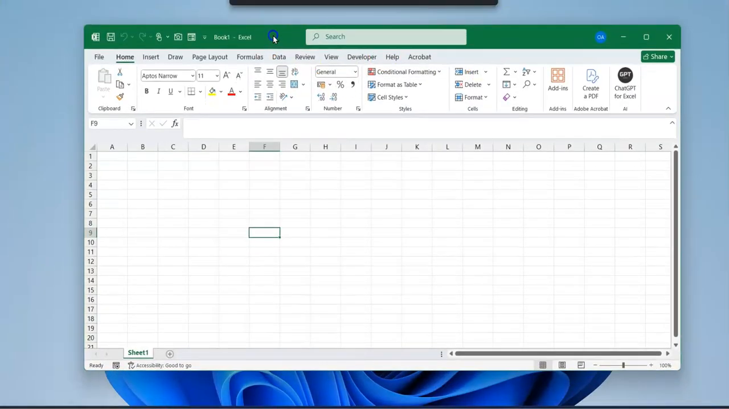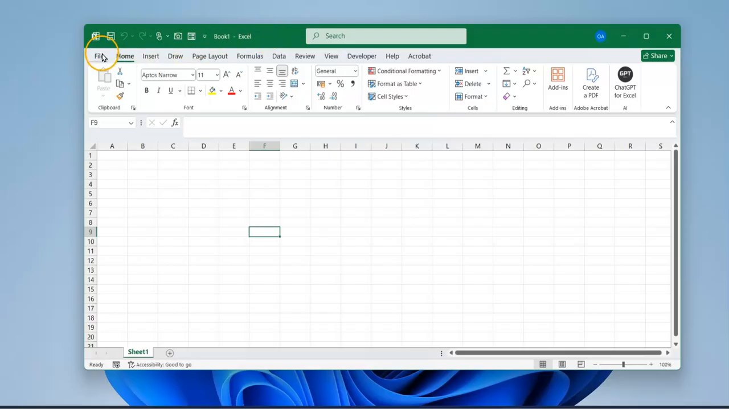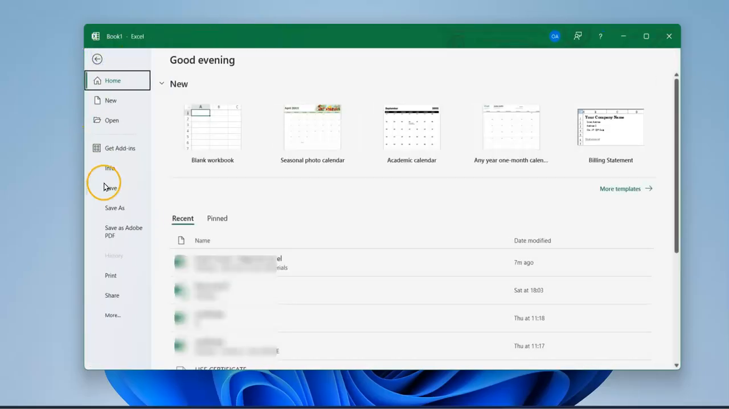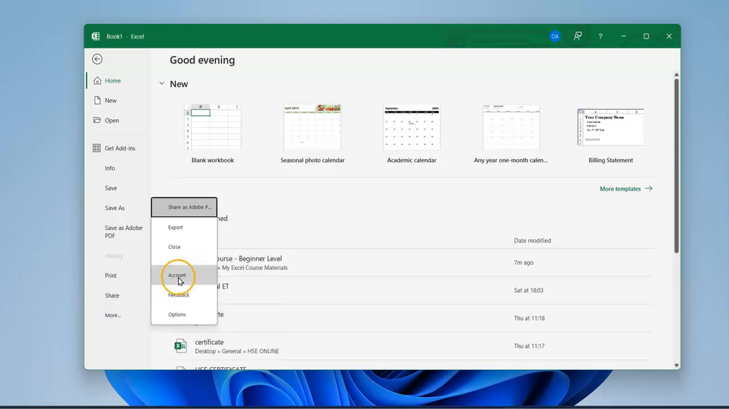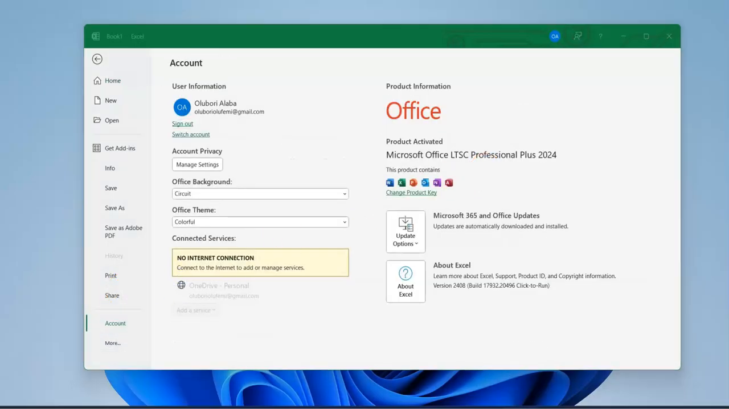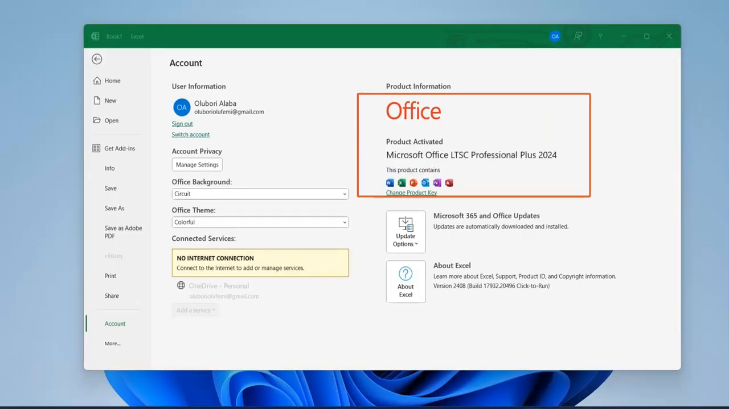Now here within this interface, the very first thing I want to do is that we can come to File, and then we'll go to More, and then we can come to Account to see the type of Excel that we'll be using for this course. Of course, we'll be using the LTSC Professional Plus 2024, the latest from Microsoft. I will want to advise that you upgrade your Excel to this if you are not using the Microsoft 365, so that you can get the best out of this course. I will leave a link in the description, a step-by-step guide that can be used to install this particular